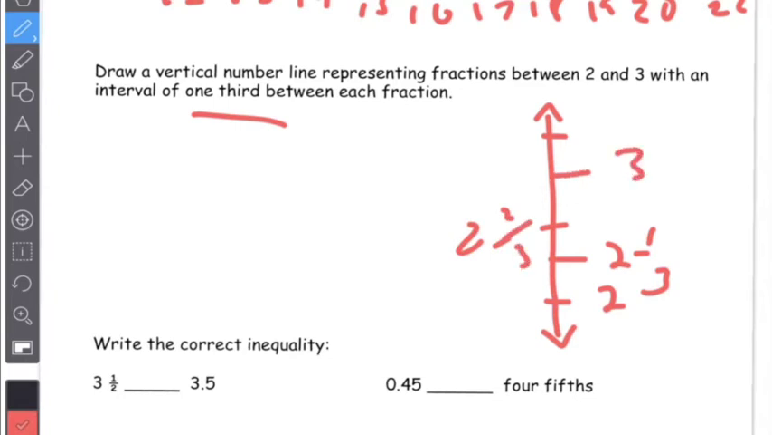So what we need is between 2 and 3. We're going to again fill in. So we fill in 2 1/3 and 2 2/3, but I'm not going to fill in 2 or 3 because it says between 2 and 3. Next,